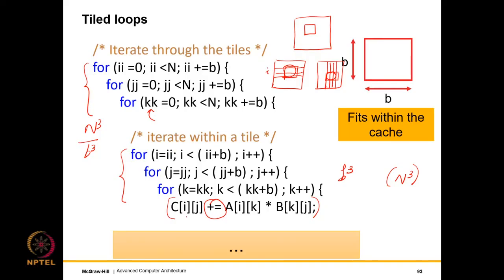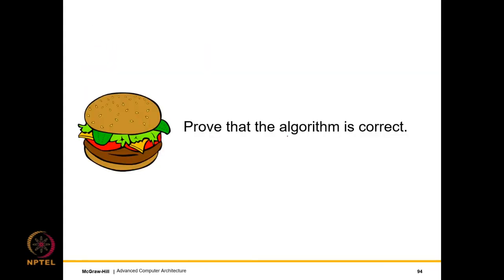And then you can also verify what exactly we are adding and how we are computing Cij. So using this, it is possible to prove that both the algorithms are identical. And of course, proving it more formally is left as an exercise for the viewer. A Bloom's question over here is: prove that the algorithm is correct. So this can be done. We need to just prove that the same set of multiplications are done, no extra multiplication is done, and the results are computed correctly.